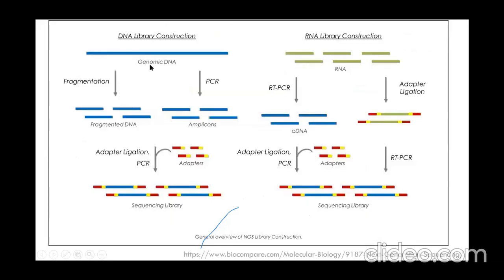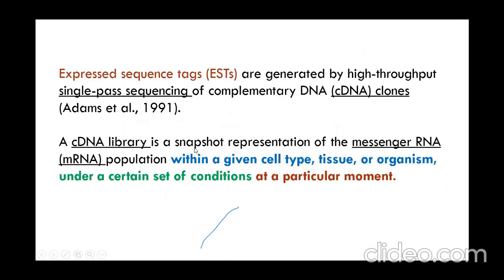Coming to the cDNA library, we looked in previous classes at how you generate a DNA library construction. How do you generate a cDNA library construction? RNA libraries use the same concept: you go with PCR, RT-PCR, cDNA, and you ligate the specific adapters for sequencing purposes. But for a cDNA library in general, you take these small fragments, use a specific vector molecule, and clone them by ligating them into the vector. With the cloning techniques, you can isolate small fragments in specific vectors and catalog them.